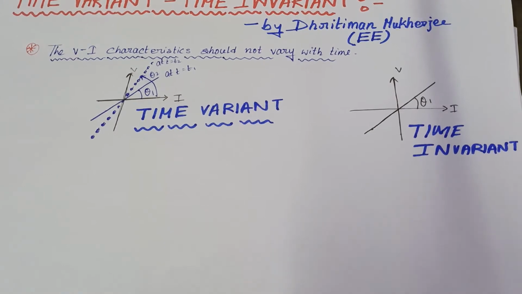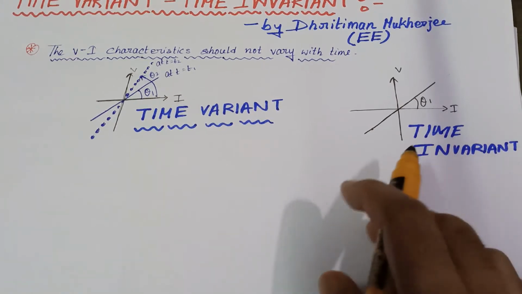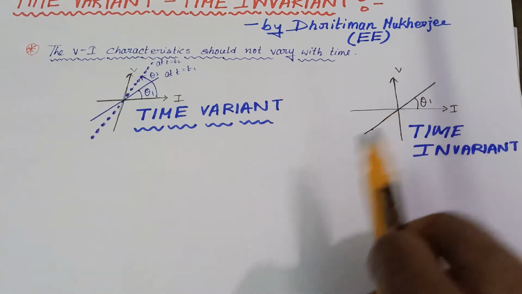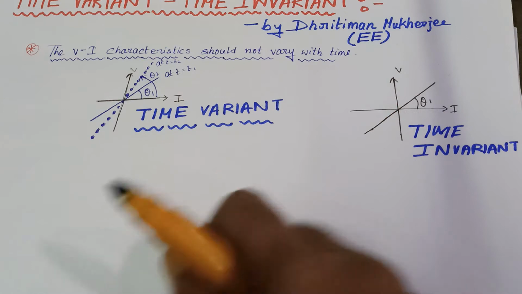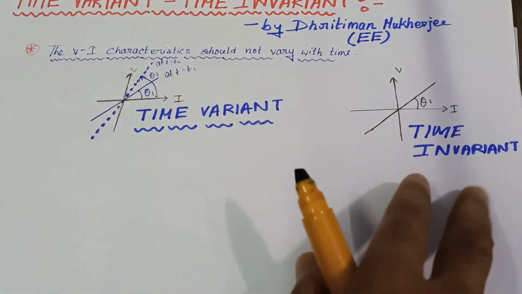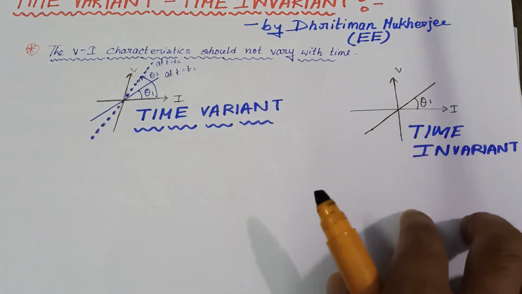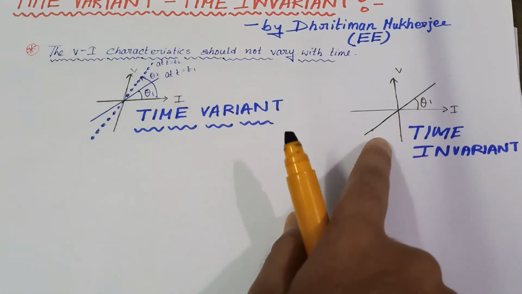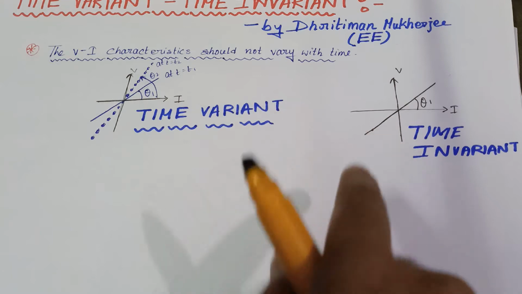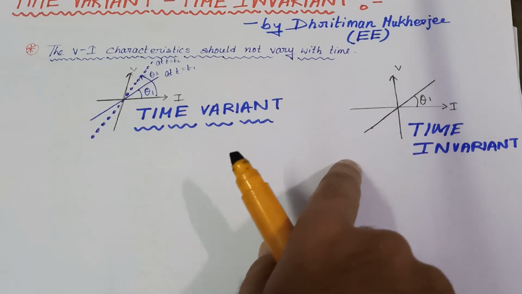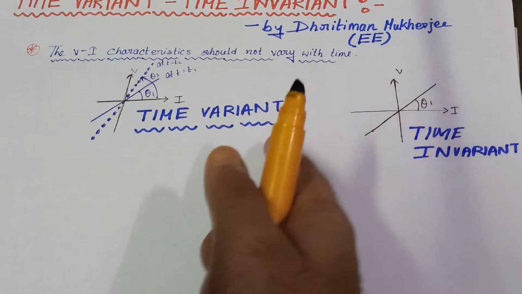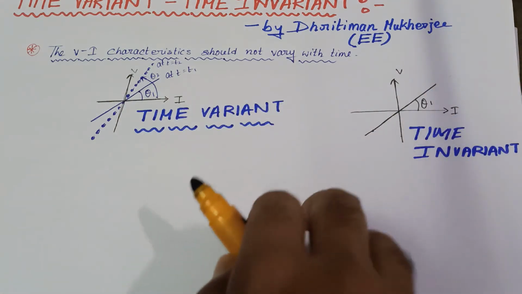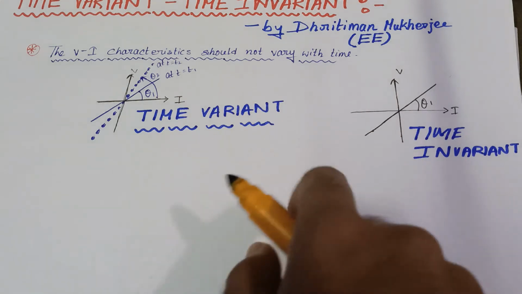Now you may ask that how do I know that whether it is time invariant, that it will not change with respect to time? See, it is my assumption. Okay, just to explain you the difference between time variant and time invariant element, it is my assumption that this VI characteristics changes with time, but this doesn't. Okay, it is my assumption, but in question it should be given that whether the VI characteristics is changing with respect to time or not. Otherwise no one can tell you that whether the element is time variant or time invariant.